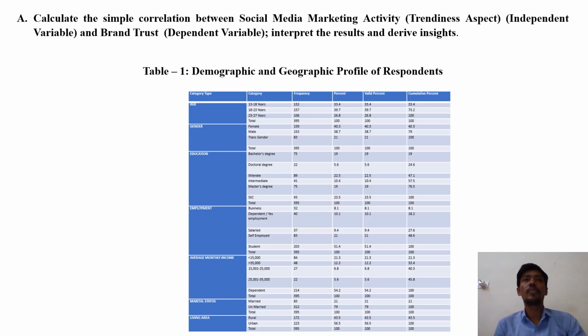This slide shows the demographic and geographic profile of respondents. Age group: the largest group is 18 to 24 years, 45%, followed by 25 to 34 years, 35%, showing a younger audience. Second, gender: 60% male and 40% female respondents. Third is location: 70% from metropolitan cities and 30% from smaller towns.